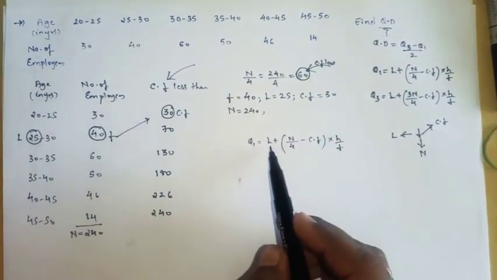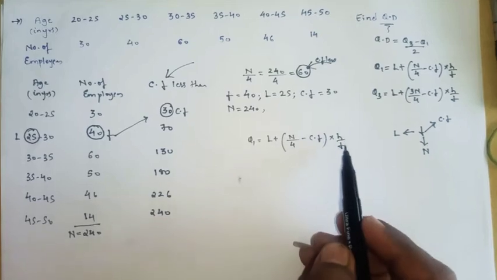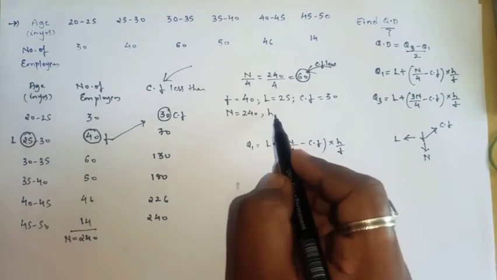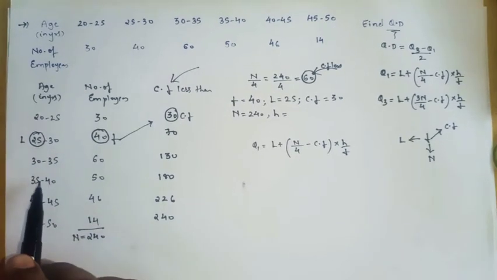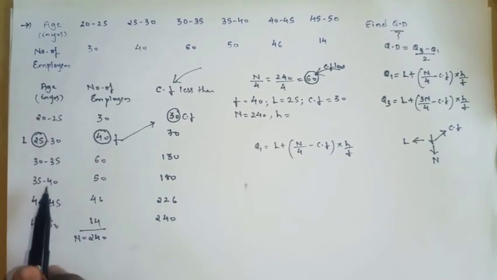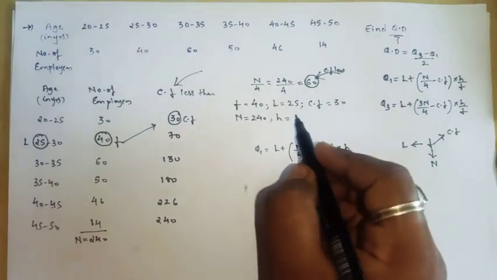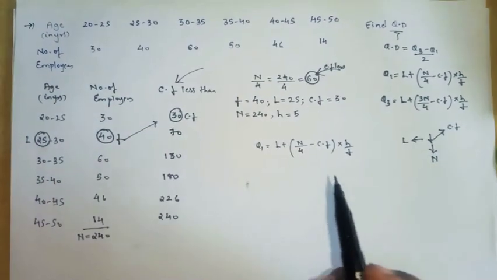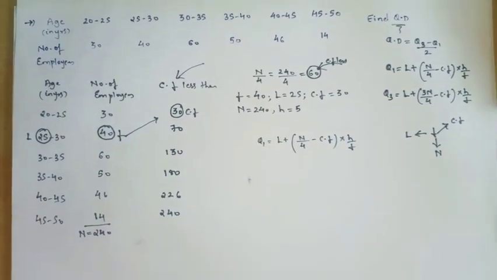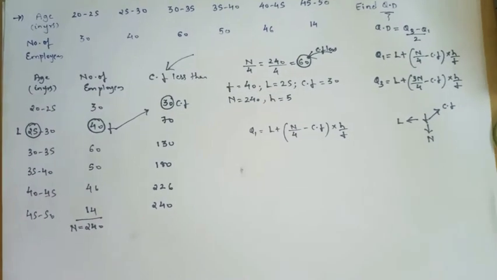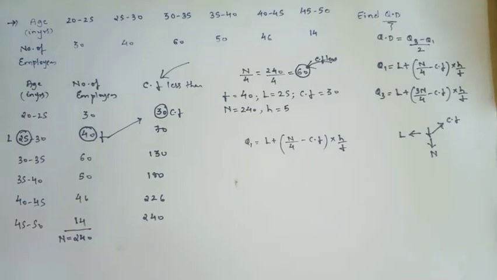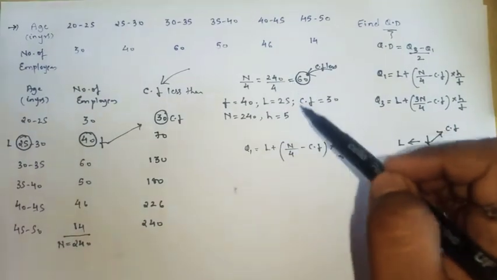And so here we got L and CF, F also. So we required H. Here what is the meaning of H? That is the width of the class. As clearly we can see that the width of the class, the difference between the class, it is 5. Okay, I hope you all might be knowing this, all things we had already seen in chapter number 1, exercise number first. Yes or no? How to find all these values.